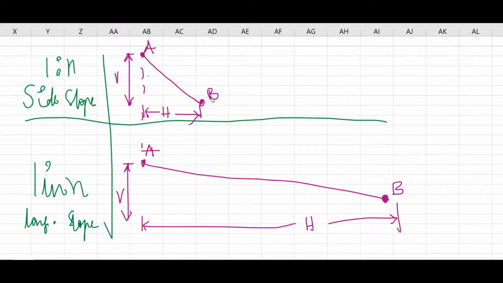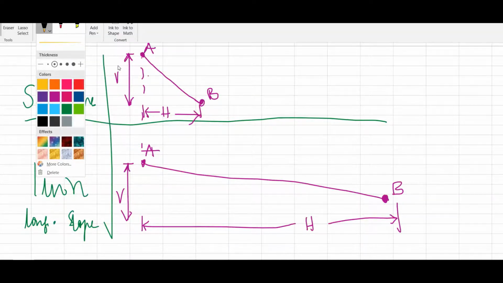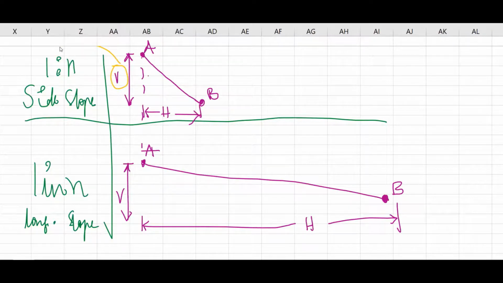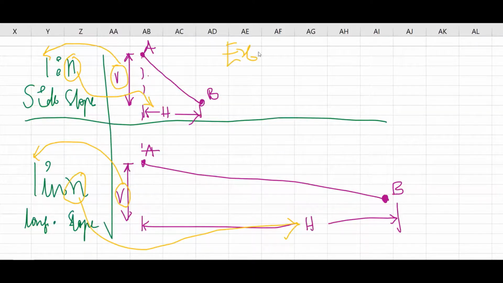So the vertical distance is normally represented as 1. This vertical distance is 1, and here also the vertical distance is 1. What is n? n is nothing but your horizontal distance. If I am talking about 1:2, what is the meaning of 1:2? 1 vertical to 2 horizontal. If you join these two, it becomes the cross slope.